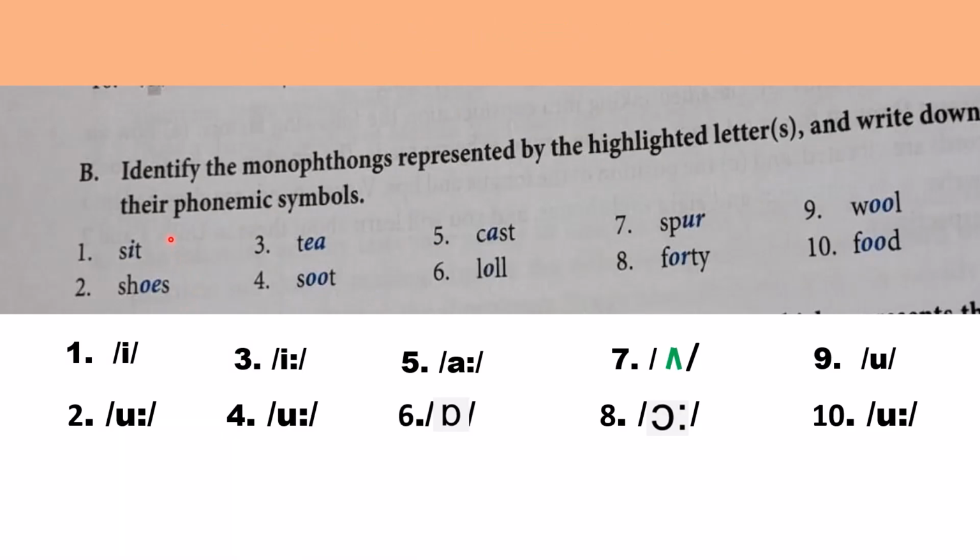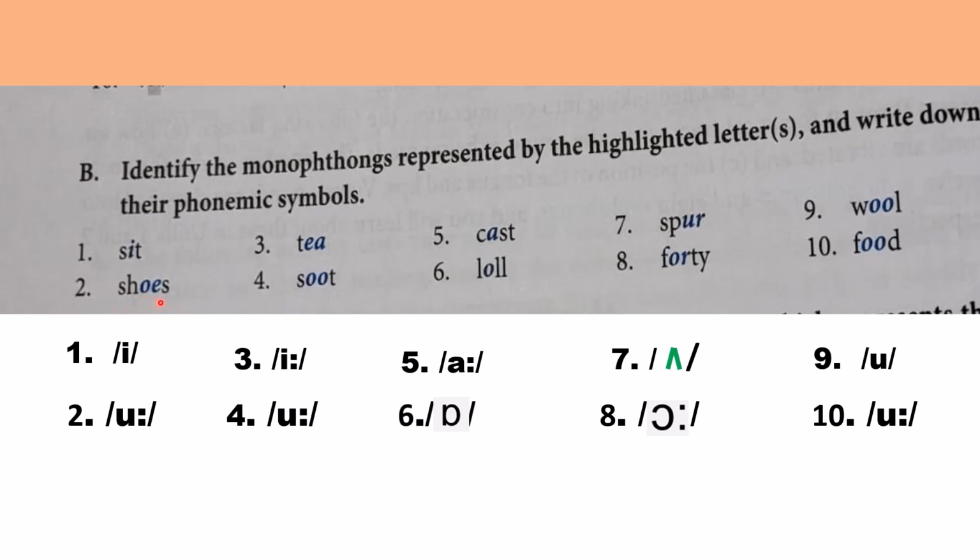Next exercise, identify the monophthongs represented by the highlighted letters and write down their phonemic symbols. This is also another examination type of question, students, and it's sure to be short. You will definitely get these types of questions. Now first one is sit, S-I-T, sit, and I is the monophthong and this is the symbol. If you look below, students, one, this is the symbol you have to write. This is your answer. Then comes the second one, shoes,